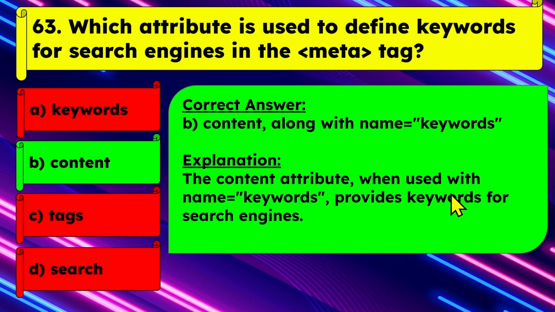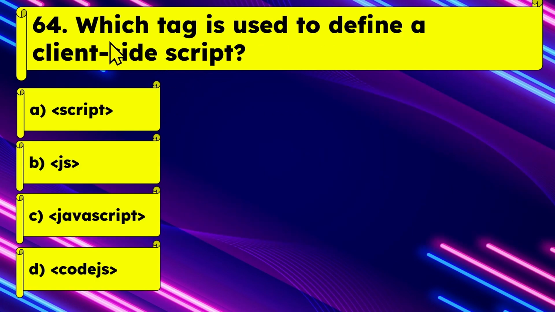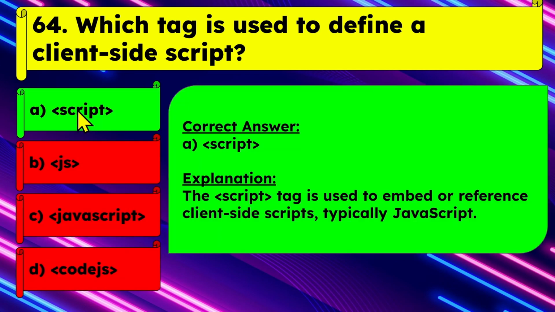So it provides keywords for search engines. Next question is, which tag is used to define a client-side script? Option A, script tag, option B, JS tag, option C, JavaScript tag, or option D, code.js tag. So here the correct answer is option A, script tag. You can read the explanation which says the script tag is used to embed or reference client-side scripts, typically